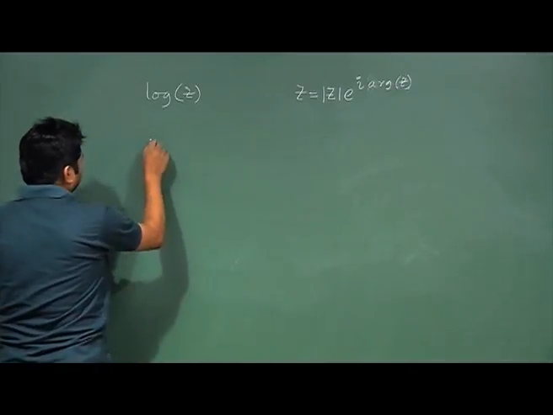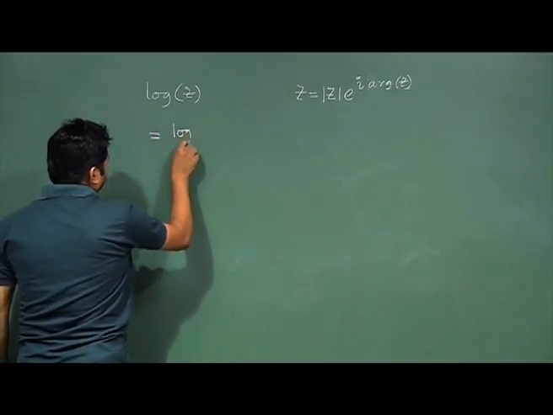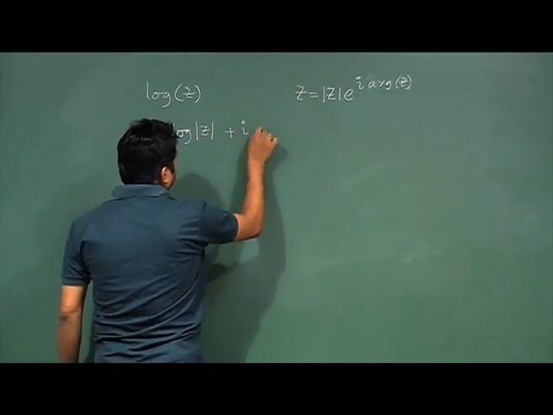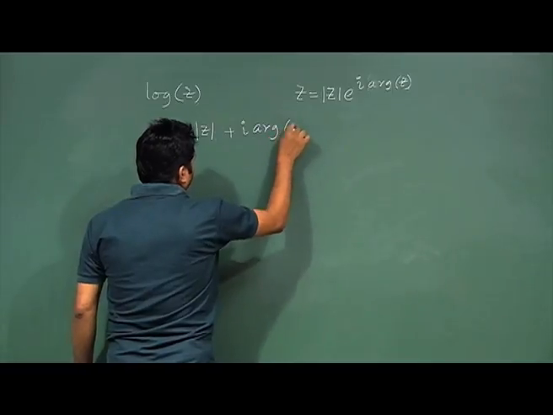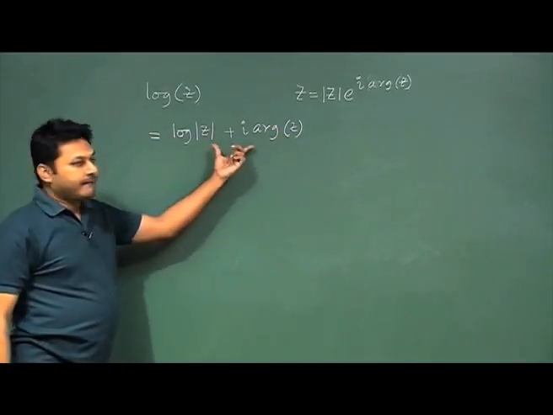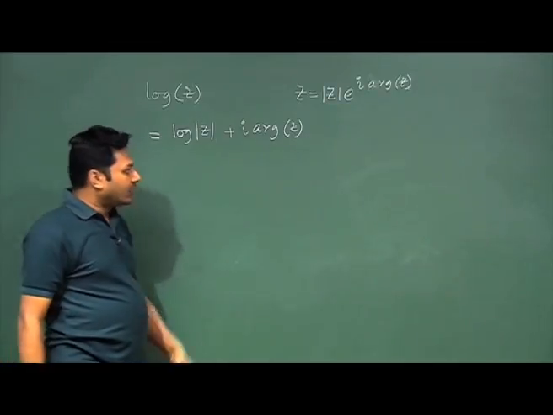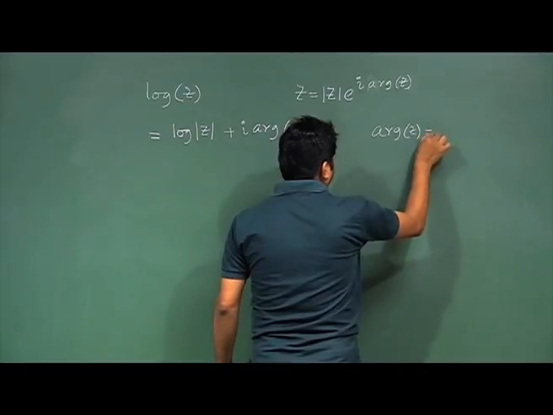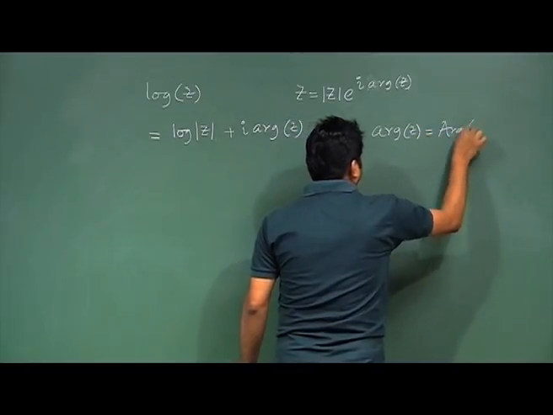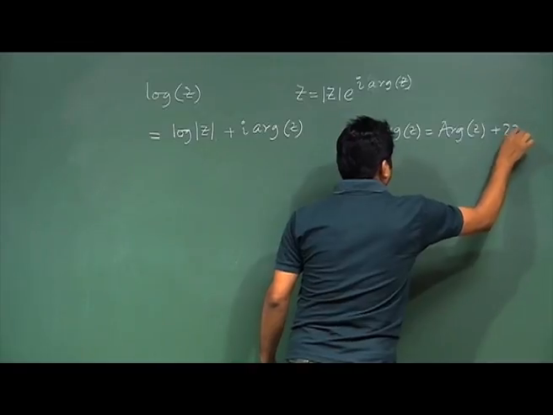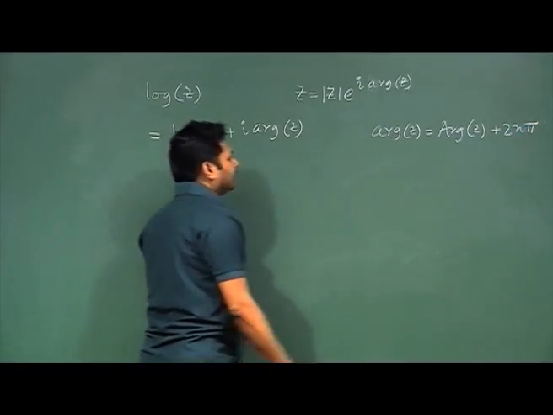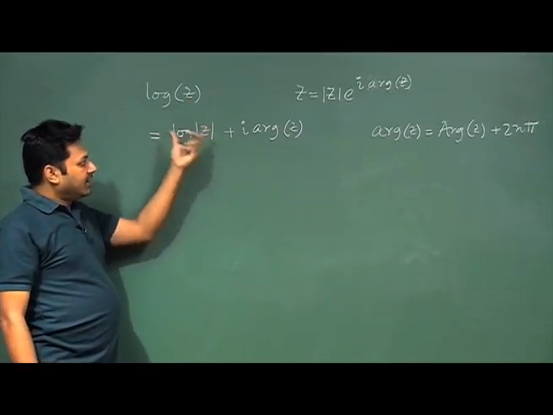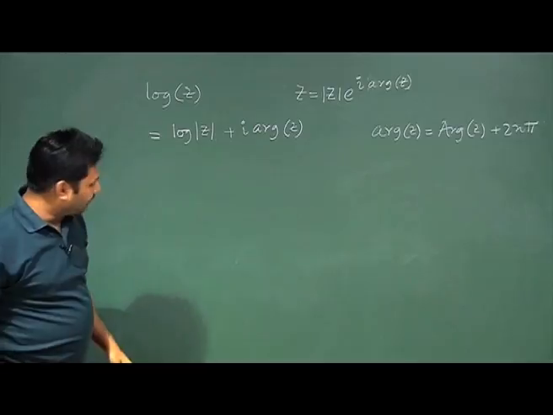So, this quantity is how much? Log of mod z plus i argument of z. Now, this argument of z, I know it is the principal argument of z plus 2n pi. That means, if a z is given to me, when I take the log of that, I will get different values. So, if I now plot that